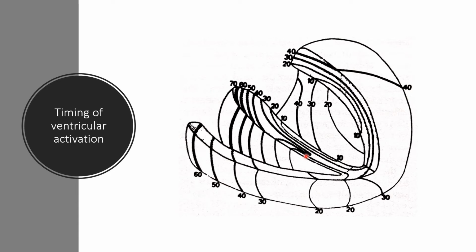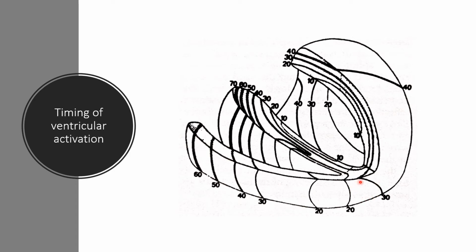This figure shows the activation of the ventricles through the His-Purkinje system. As you can see here, each of these numbers denotes the time of activation from the onset of the QRS complex. The first part of the activation is in the middle part of the septum. You can see 10 milliseconds here from this figure, and as you go towards the apex, you can see the